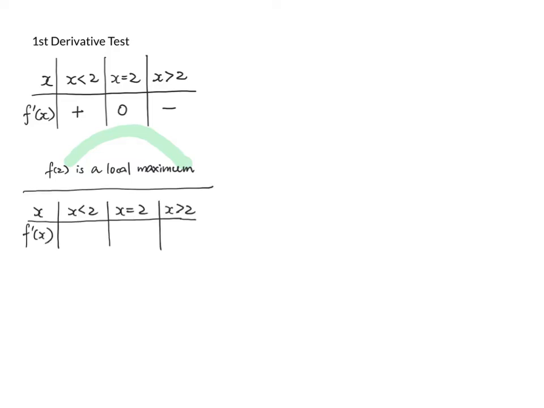On the other hand, if you go from a negative slope through 0 at this point to a positive slope, that means the original function f of x goes down, flattens, and then goes back up, and so f of 2 is a local minimum. Now if you look at f prime of x, the first derivative in this neighborhood,